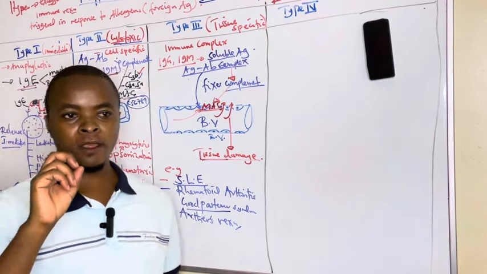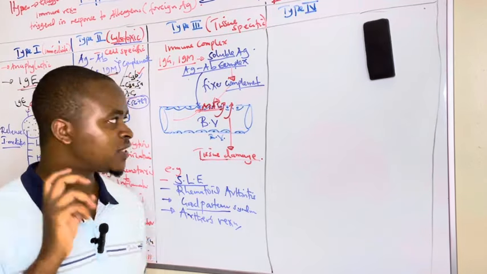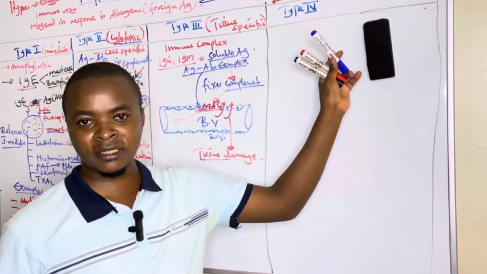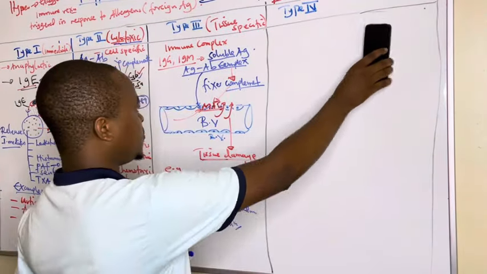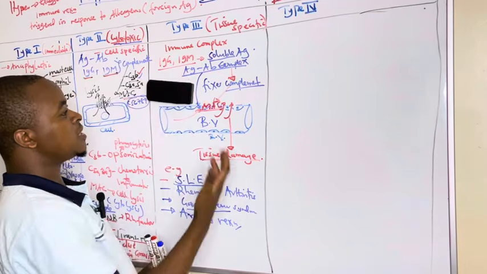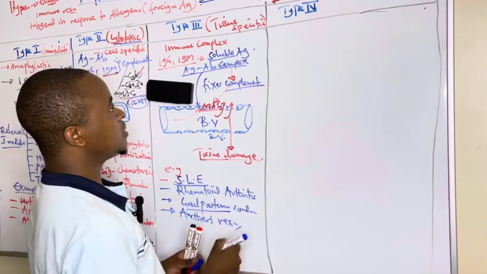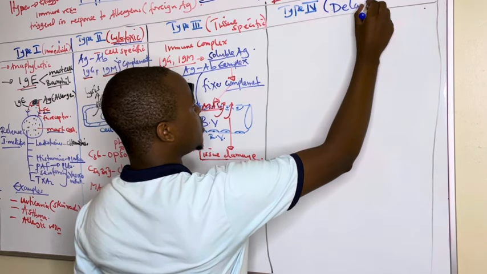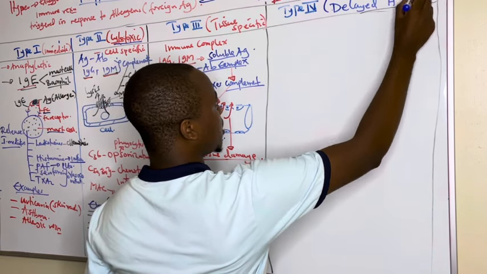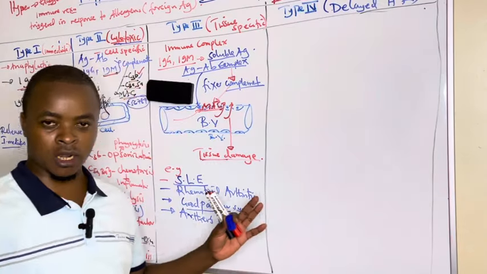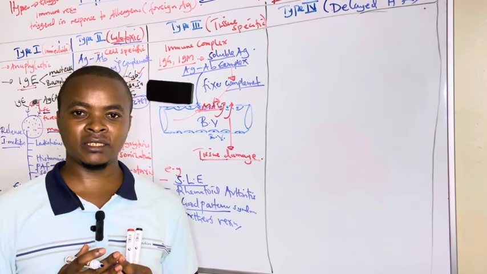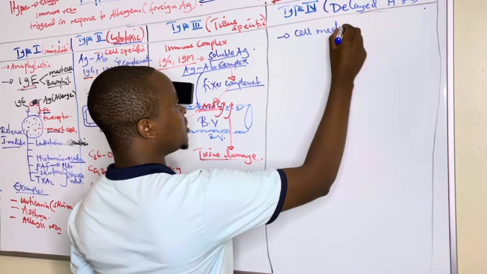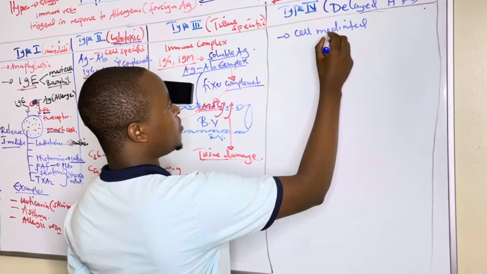And finally, we have seen the first three are antibody mediated, and the last, which is type 4, is cell mediated, as we said from the beginning. Sometimes we call it delayed hypersensitivity reaction, meaning it takes long to act. That's why we call it delayed. It is the only one which is cell mediated, whereby it involves